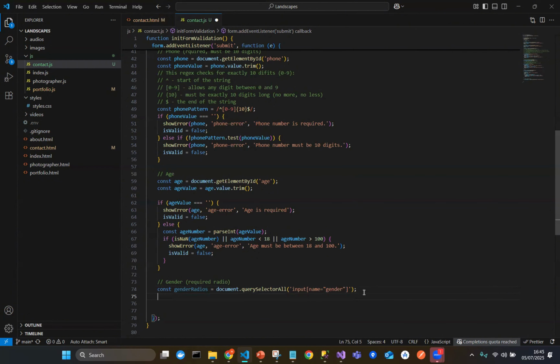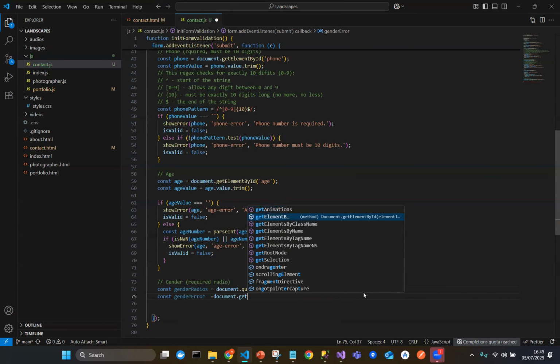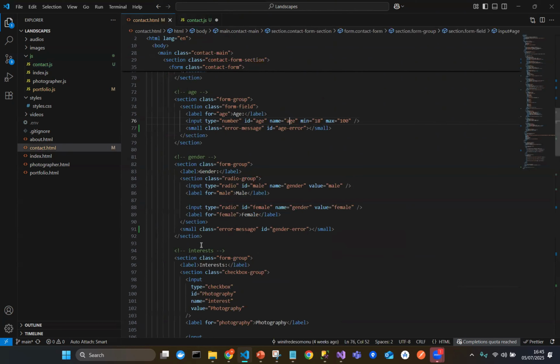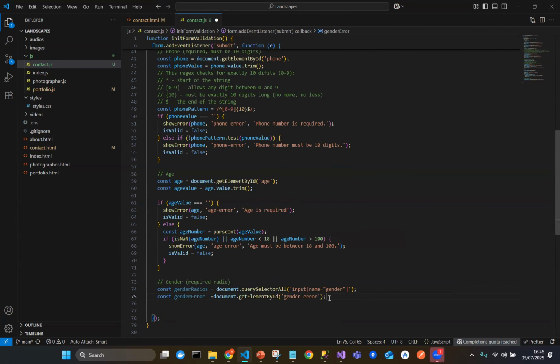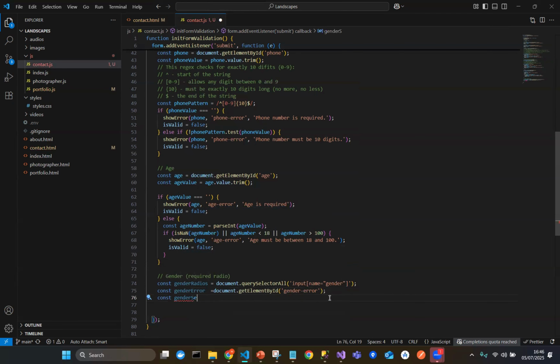Now I'll declare another variable. I'll call it gender error, and I'll say document dot getElementById, and I will pass in gender error, which is this small element. Where is it? This thing here to display our error. This is where we used to inject the error, right? So gender error is there, and then I will just say const gender selected is equal to